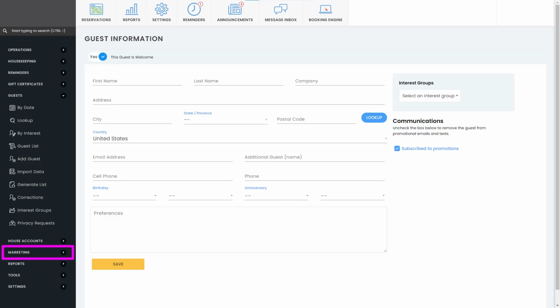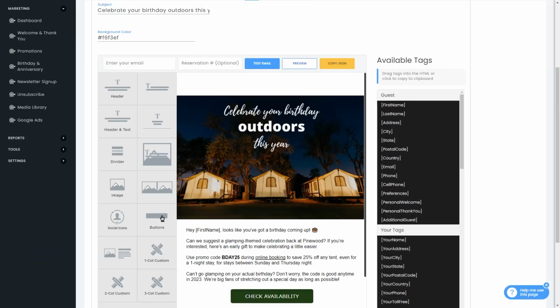So let's take a look at an example of what sort of marketing efforts you might make to remind Evan of how great your property is. One unique thing about ResNexus is that we provide an email template builder where you can customize the image, text, buttons, links, and more. We even have a bunch of pre-made templates that allow you to quickly customize them to your own property, and we can help you set them up as well. This is that email builder with a promotional email loaded up for birthdays.